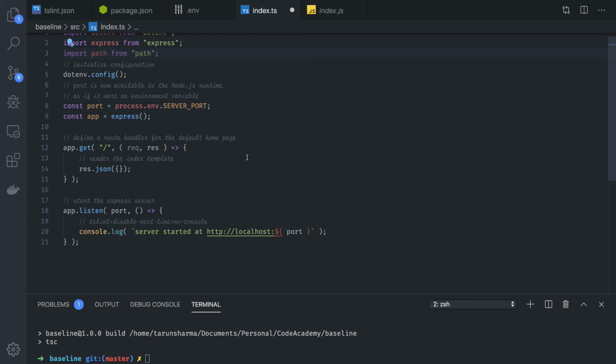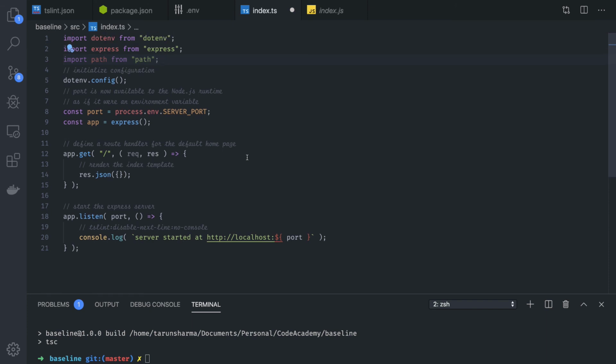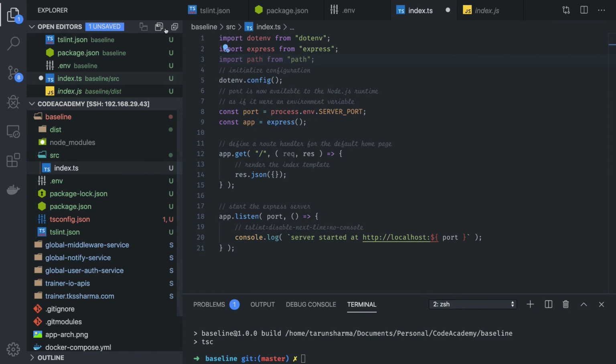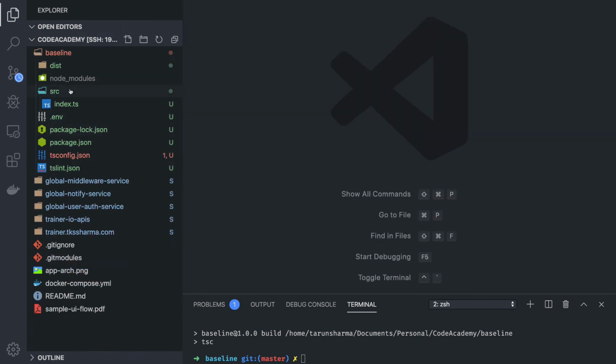You can extend this example now to a different level, but this is how you create a basic setup. Now you can have a proper folder structure here which will take care of all the definitions of services, controllers, routes, middlewares. All these structures you can create even module wise. I mean, you should always follow a proper folder structure.